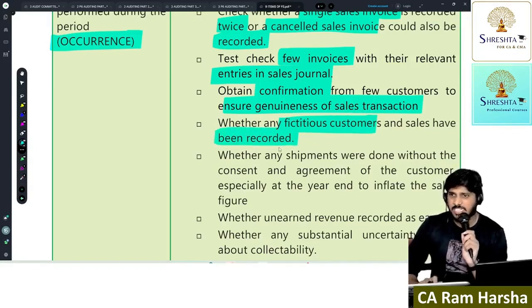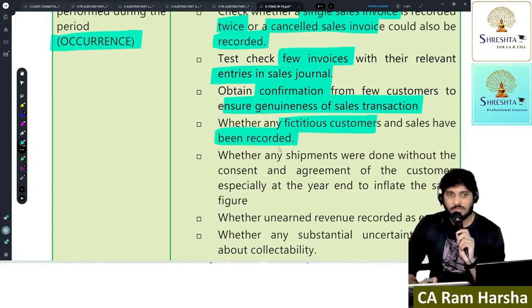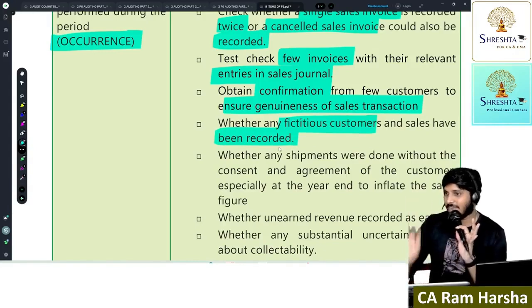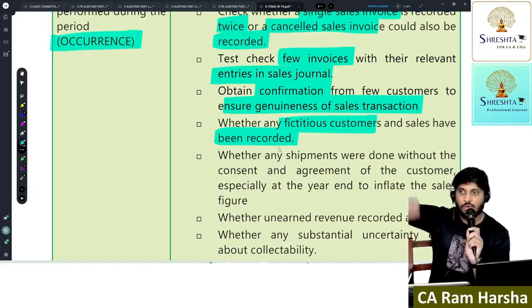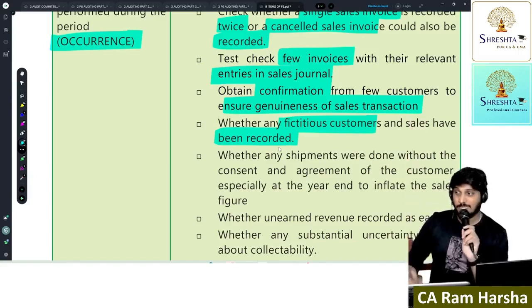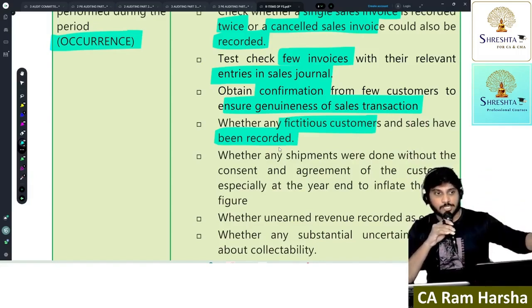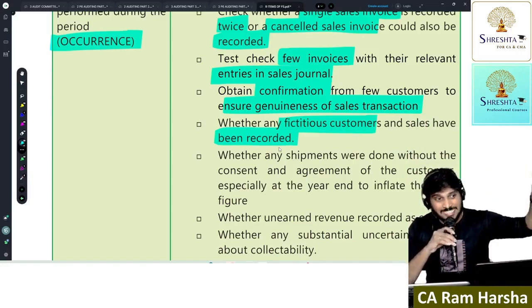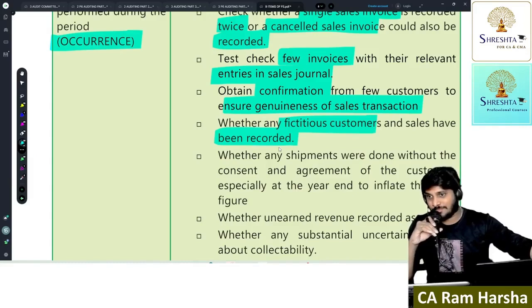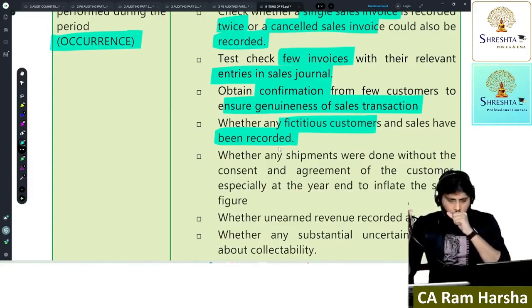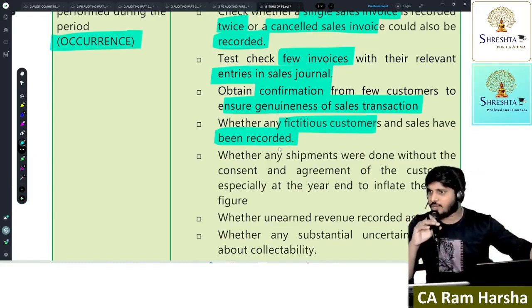How do we identify a fictitious customer? We can't identify it basically. We will take who all our customers are. See again, for a manufacturer, customers are wholesalers. For a retailer, customers are consumers. For a retailer, it is very difficult to identify consumers.